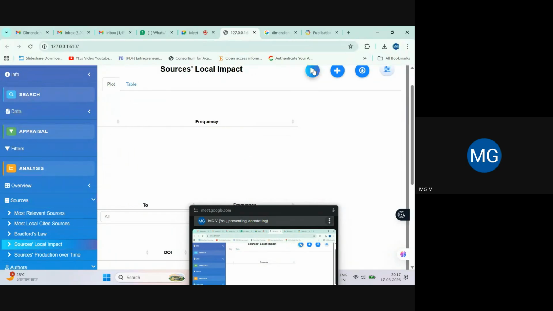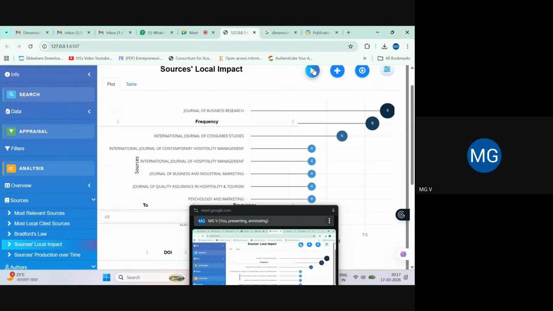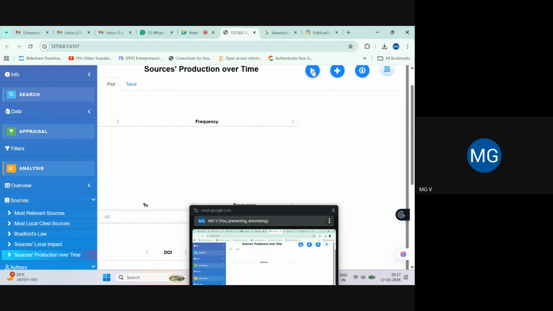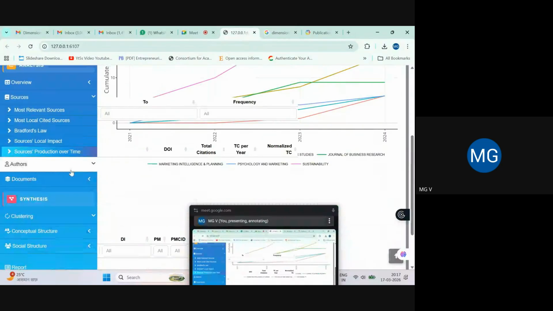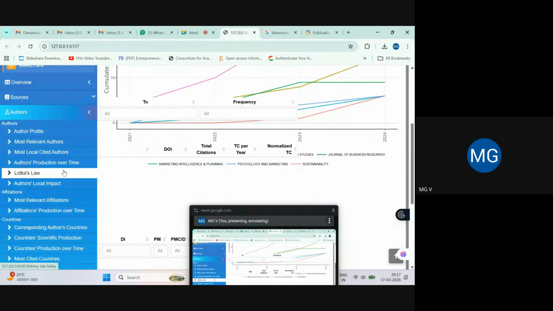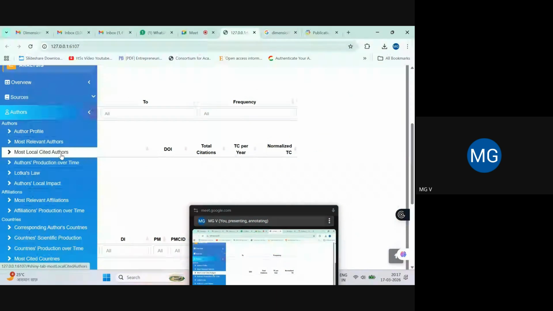Again, click here and see. Sources production over time. Right? So based on your requirements, see how effective and time saving this tool is in generating the results and providing you the outcomes.